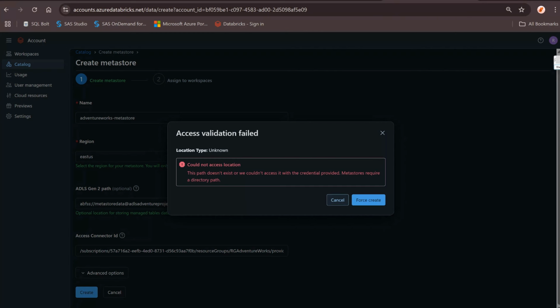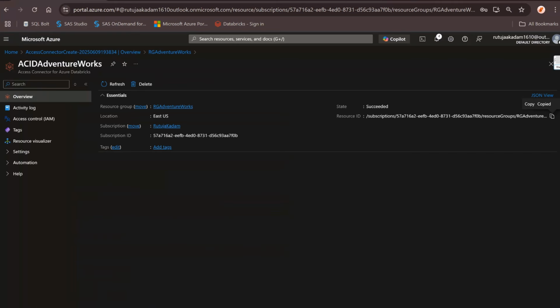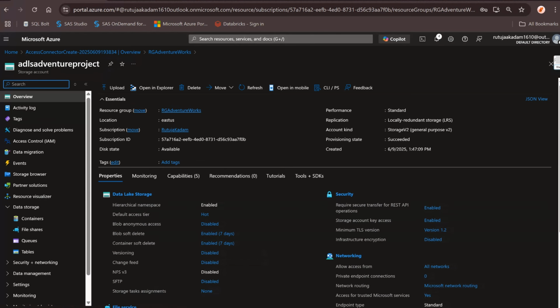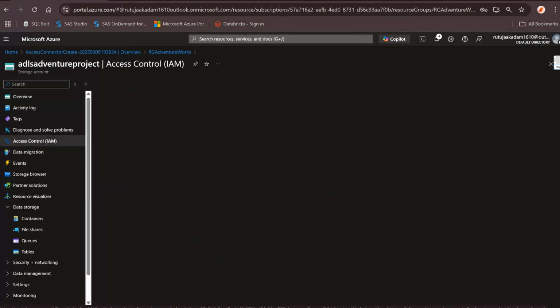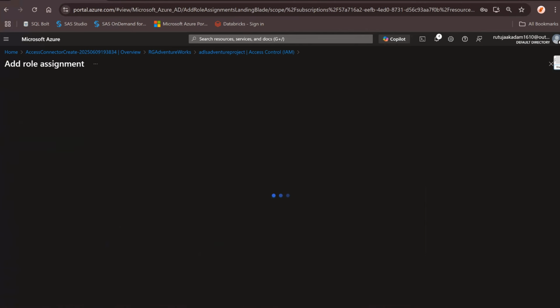Okay, so to access this Metastore data, first what we need to do, as we have created this access connector ID, come to your ADLS account. Then we need to assign permissions for the same. Click access control, click on add, then click on add role assignment,